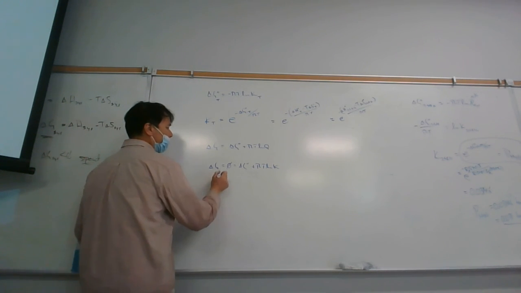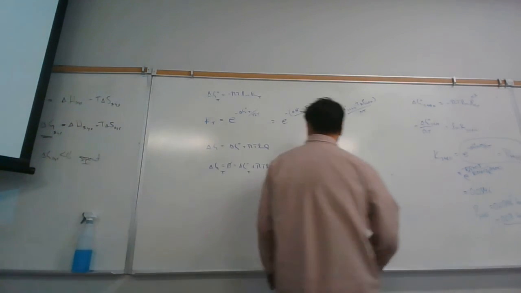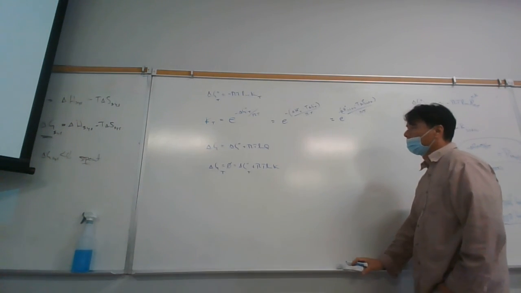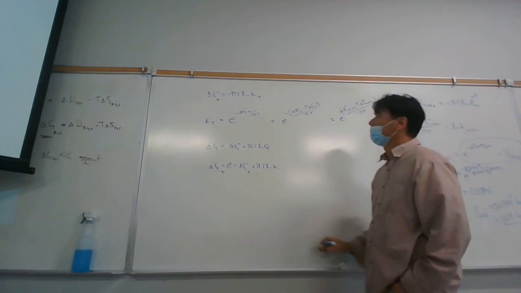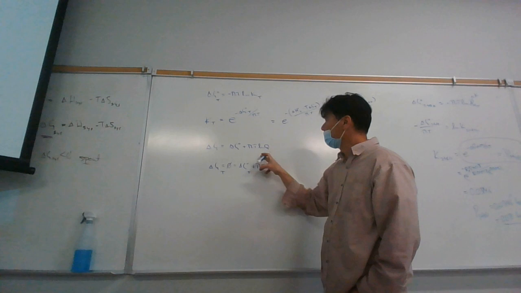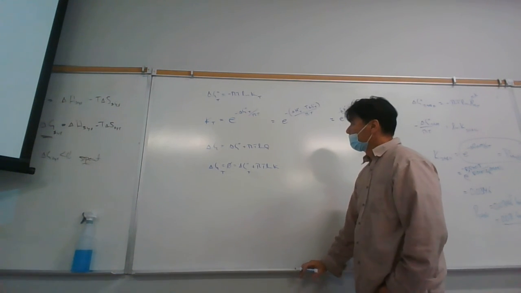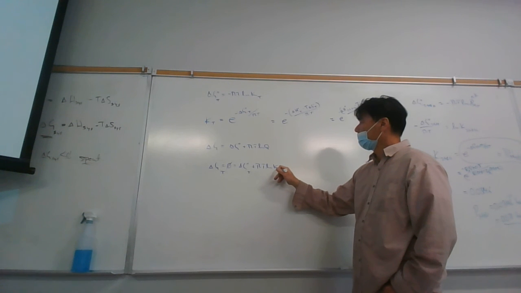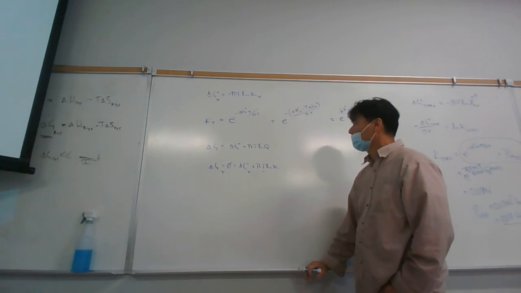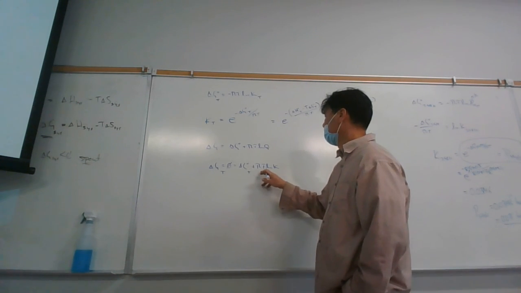Wait, I'm confused. What are we doing here? Well, I want to find K at T. I got that part up there with the e raised to all of that. So what are we doing down here? Okay. What we're doing here is coming up with one more relationship. And that is, let's say I'm solving for T in this case. If I'm solving for T here,